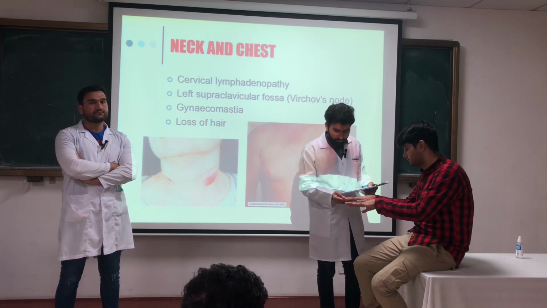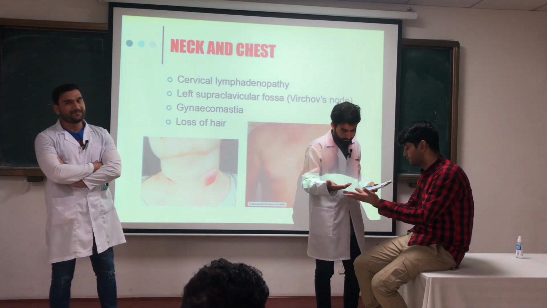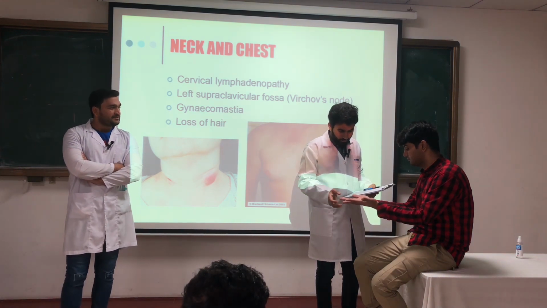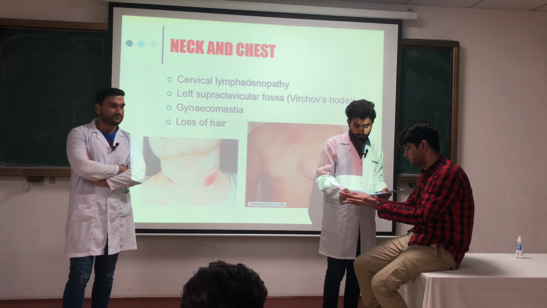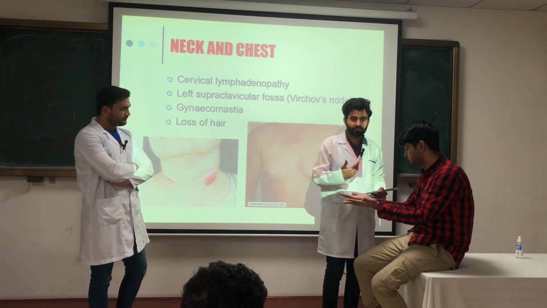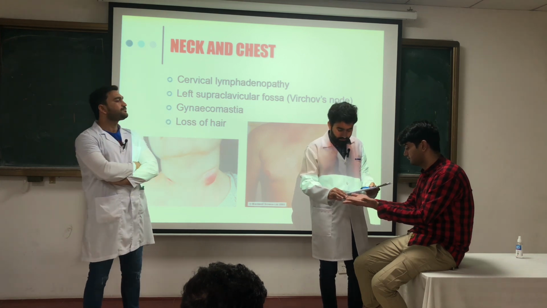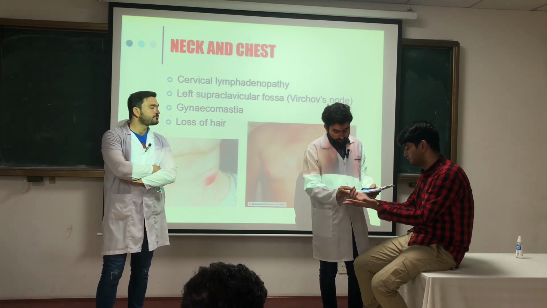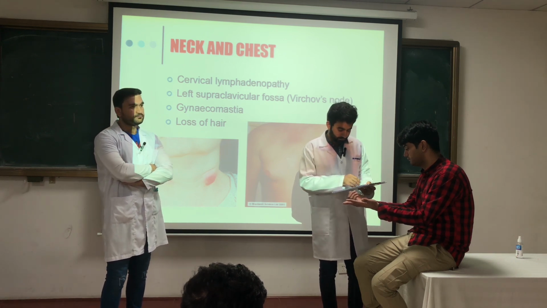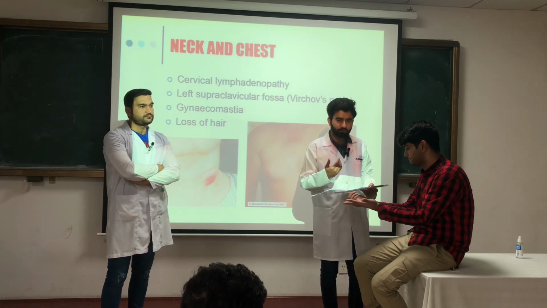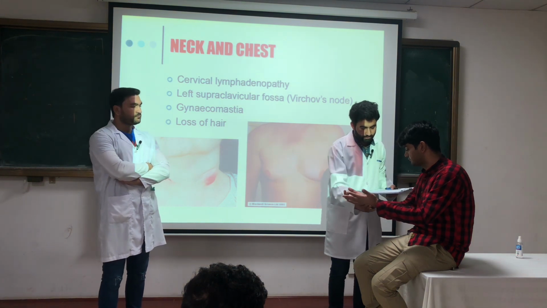In the nails, we should look for chololonychia and leukonychia. Sir, can you please turn your hands? After that, we look at the patient's palms. If there is any redness in the palms, it may be a case of chronic liver disease, and in females it is also common in pregnancy. After that, we look at the fingers for clubbing. Clubbing is also a sign of chronic liver disease, and it may also be due to other diseases like inflammatory bowel disease and malabsorption.